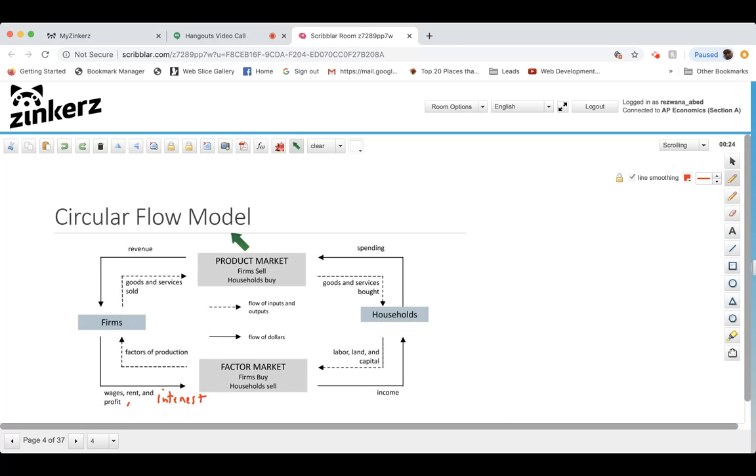So this is why, so far, we've only been focusing on the product market. We talked about demand and supply and all those really important things, but all of that related to the product market. Now we're going to take a look at how things are determined in the factor market. So when farms decide, I'm going to need to hire 10 workers to produce output for me in the short run, how do they go about hiring those workers in the labor market? How does that work? This is what we're going to be focusing on. Do you guys have any questions about this?